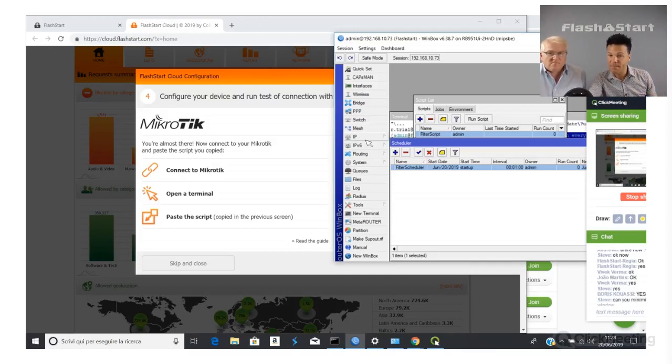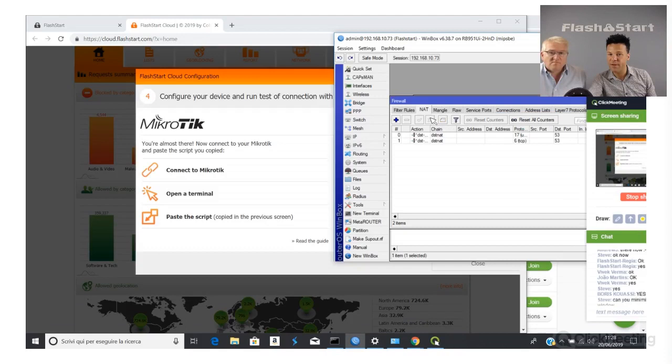Remember, we have already chosen the DNS firewall redirection. The system created two rules under firewall, so the outgoing port 53 DNS requests will be automatically forced and bound to FlashStart DNS.